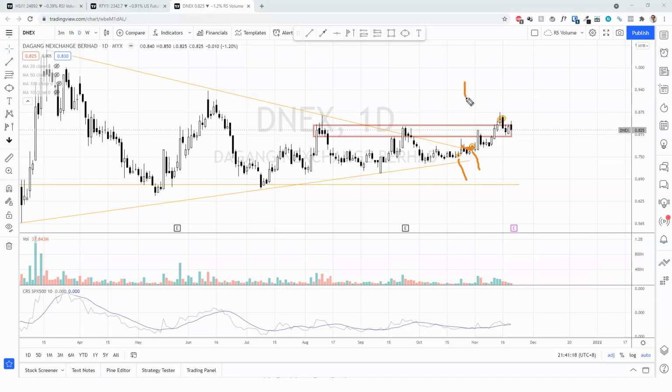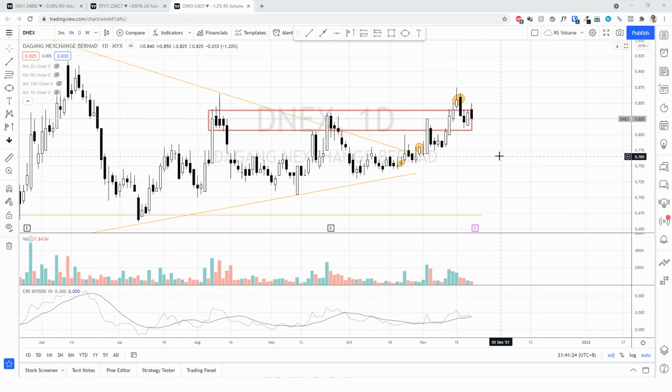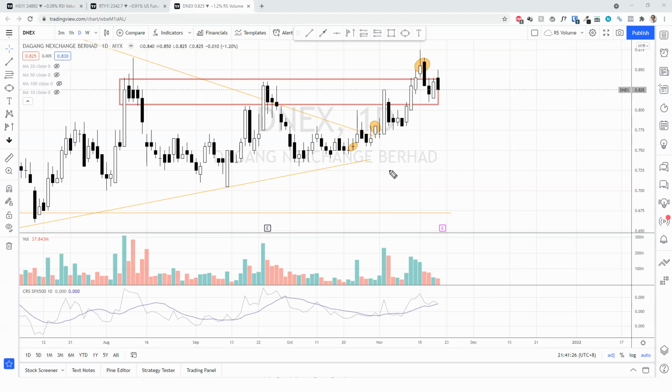But you can see that after the spike here, there is a quick pullback, and my reason for the exit was because of this. I see there's a lot of supply on the next bar, so I'm not comfortable. I ended up with maybe a profit of 1 or 2 cents only. But after that there is no follow through to the downside. There's a reversal, and here I go in again. But still, there is some supply.